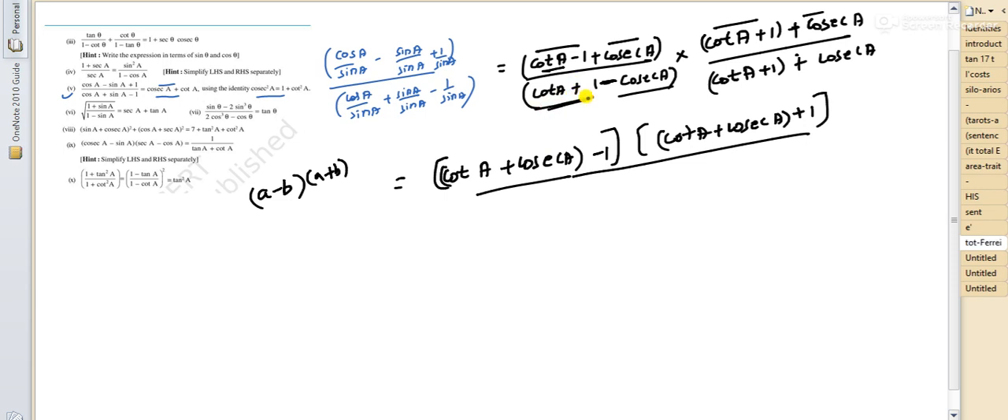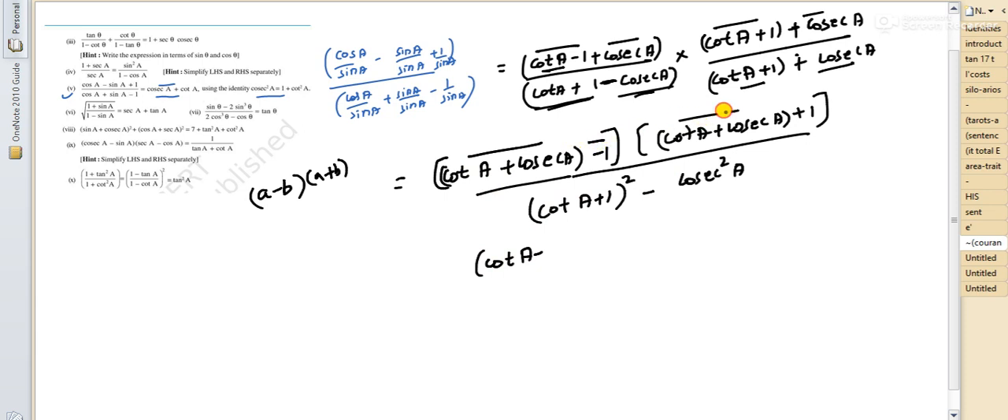It is in the form of A minus B into A plus B. So I can write directly it as cot A plus 1 whole square minus B. What is B? It is cosec square A. Now again this numerator will also change. So this becomes cot A, because it is in the form of A minus B into A plus B. At the place of A we have cot A plus cosec A. So this becomes A square, cosec A whole square minus B square, that is 1 square, divided by